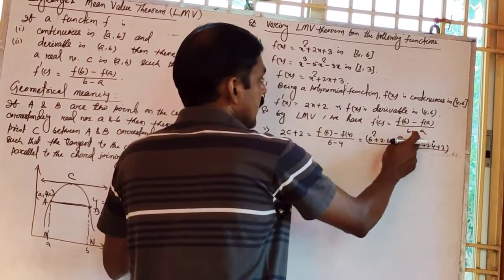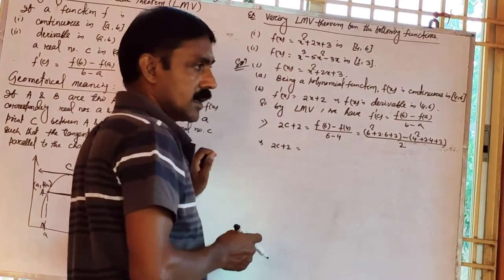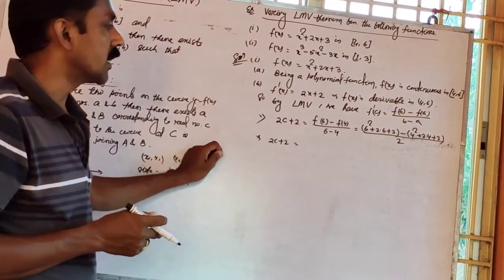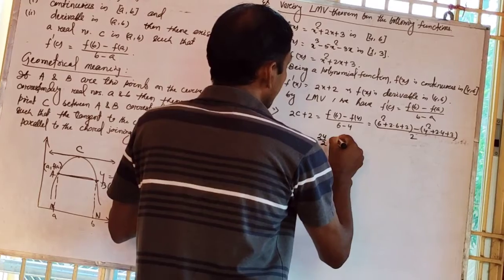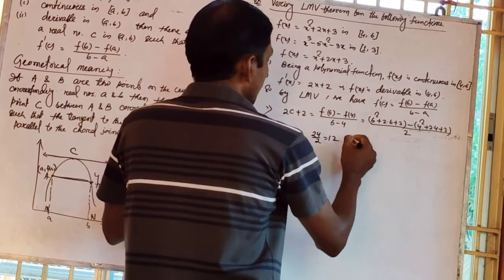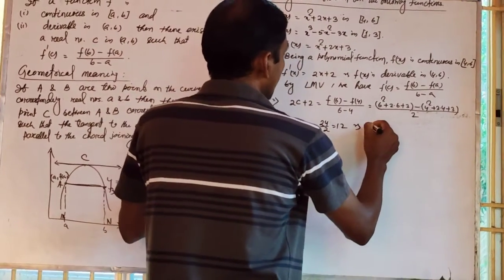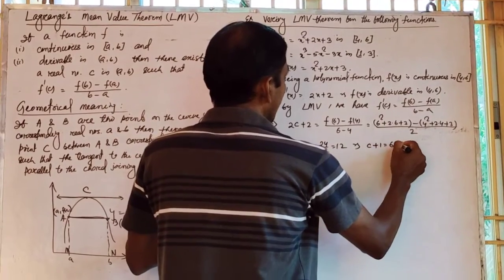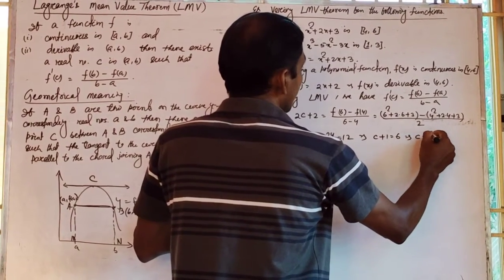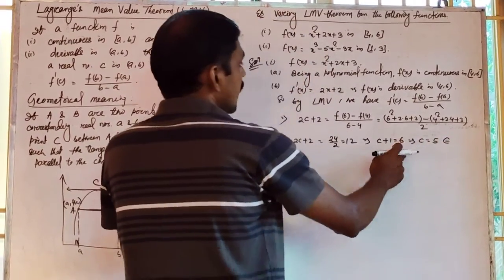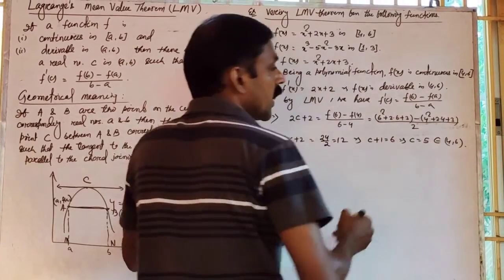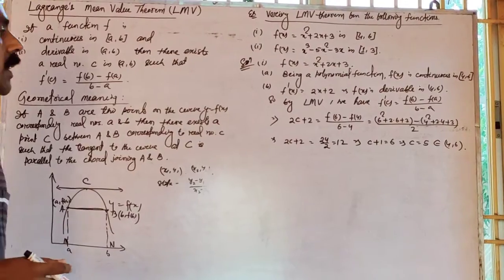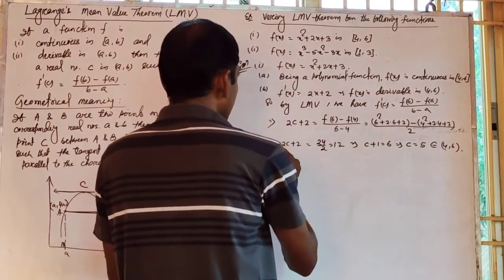And we have 36 minus 16. That is 20. 20 plus 4 is 24, by 2. This equal to 12. Now both sides 2 is common, so you can write c plus 1 equal to 6, or c equal to 5. And you see that this 5 is clearly lying between the open interval 4 to 6 because 5 is coming in that. So you can write, hence